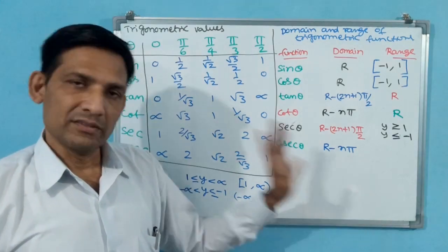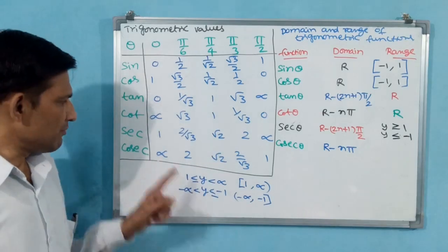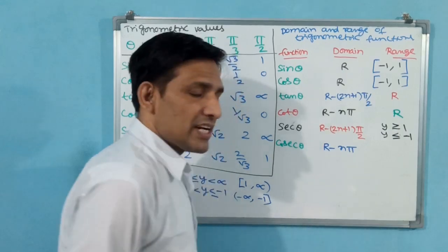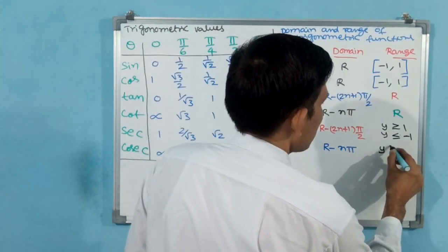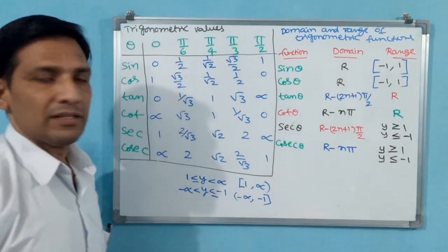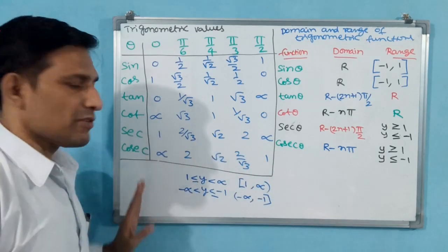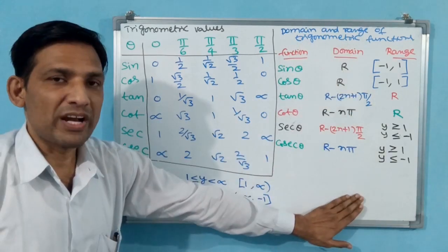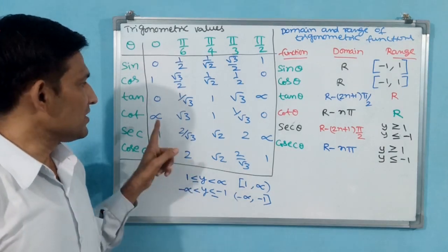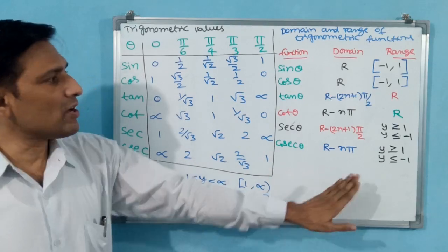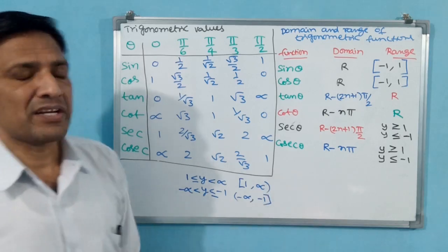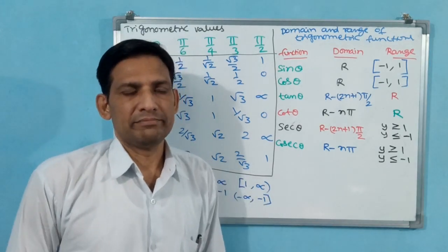Okay. What about this range? Same. You see 1 to infinity and minus infinity to minus 1. Same, you copy. No need for further explanation. Y greater than or equal to 1, y less than or equal to minus 1. Okay. You understand now all this? Without this and without the circle diagram, you are not able to draw this domain and range. That is why the concepts have been built up like that. Domain and range are very, very important, I can say.